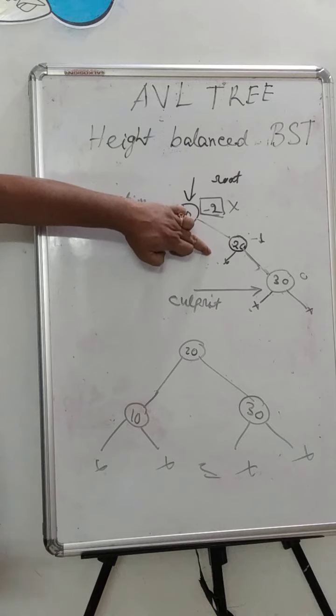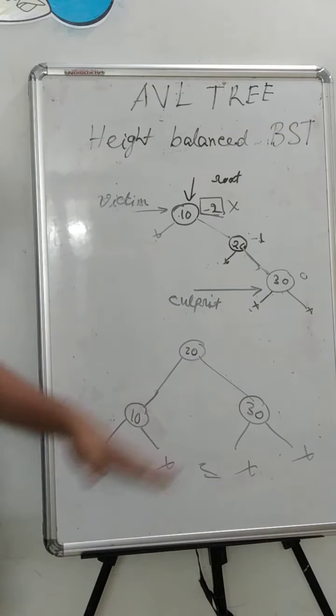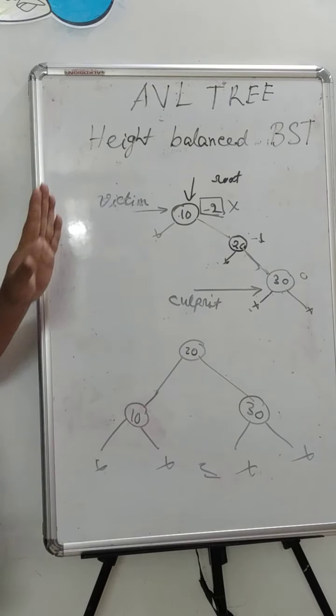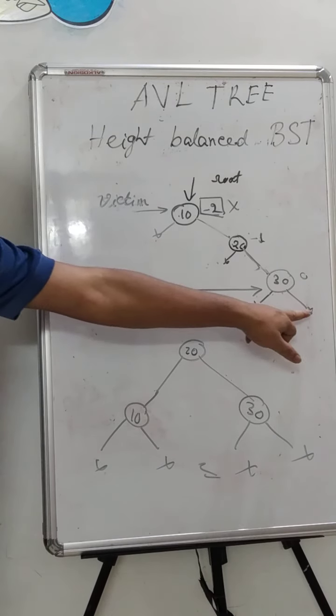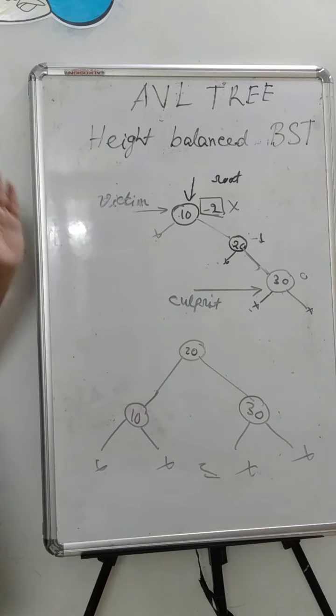So here in this diagram also we have 4 free pointers, and in this diagram also we have 4 free pointers. And depending on our situation of deletion, it may happen these pointers are not null. So those values also should be retained so that no data is lost from the tree here.